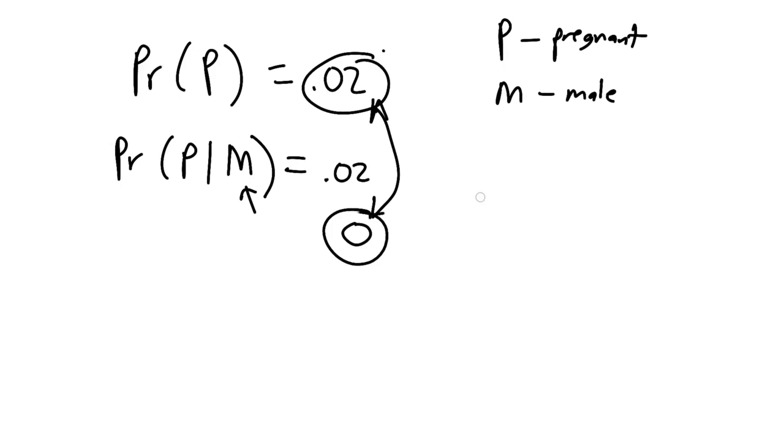The problem that we're falling into here is that these two events are mutually exclusive. Another way of saying that is disjoint, right? And mutually exclusive is not the same as independent. As a matter of fact, mutually exclusive events are quite dependent, right? Because if the outcome is in one of the events, then it is by definition not in the other event. That's what mutually exclusive means. If I find someone who's male, they're not pregnant.